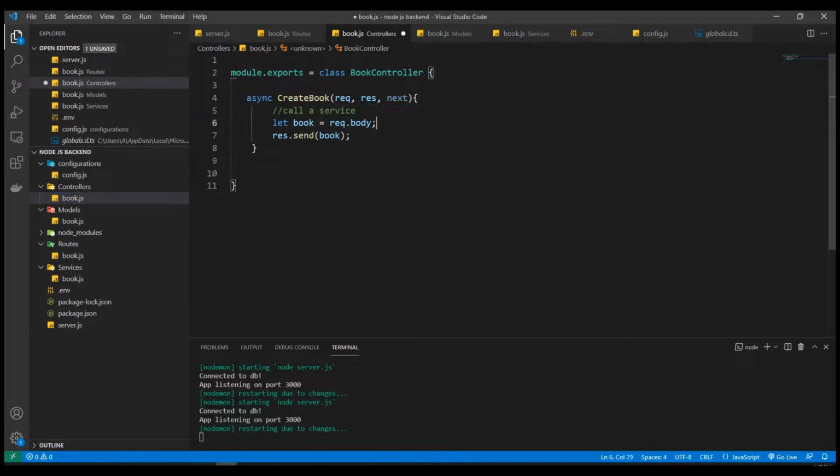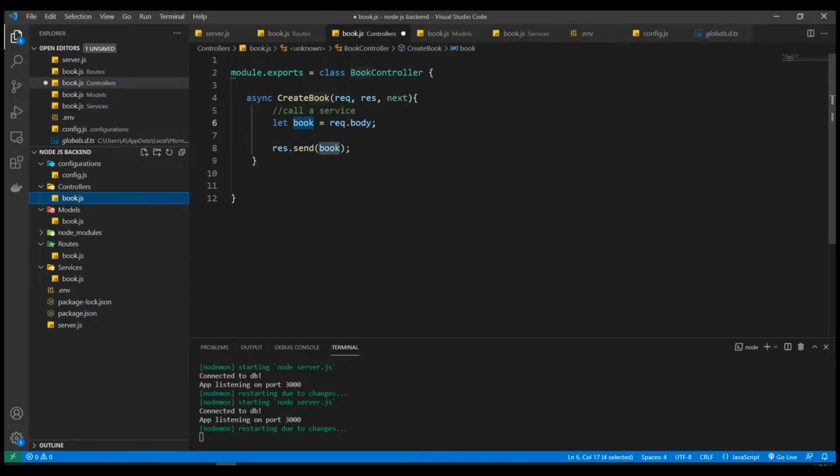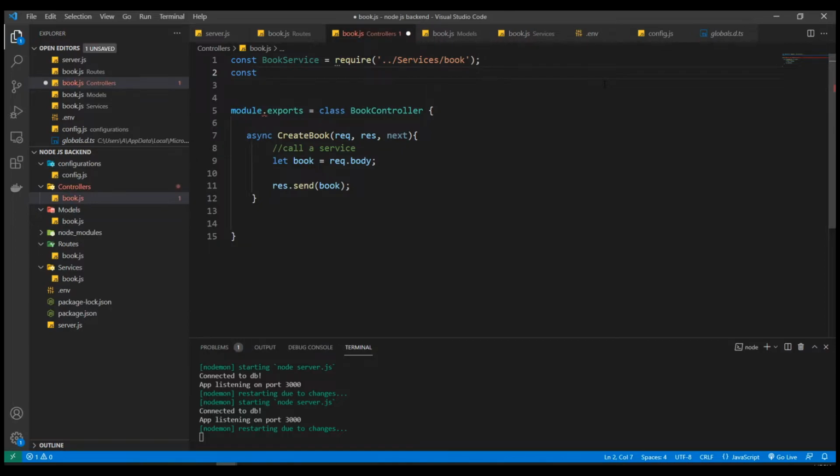And this time what we're going to be doing is we need to call our service and then pass the book to our service. That way we're going to create a new model and save it. So to do that, we need to import it in the controller. So let's say const bookService equal require ./services/book, and then let's create an instance of that class. So bookService equal new BookService,